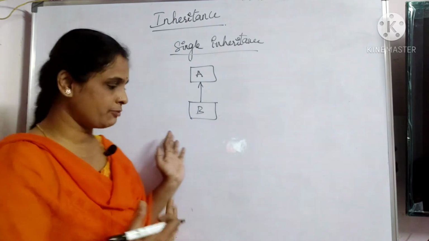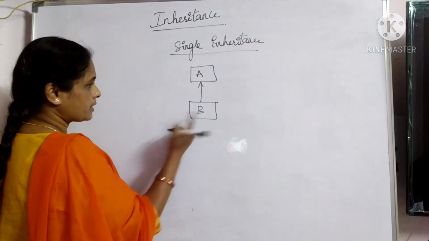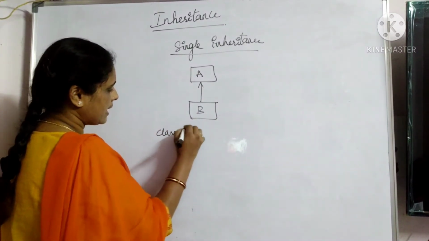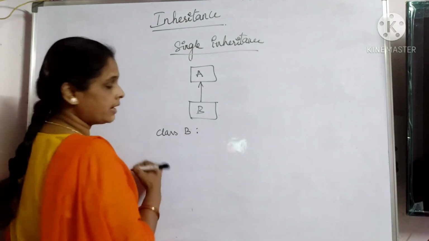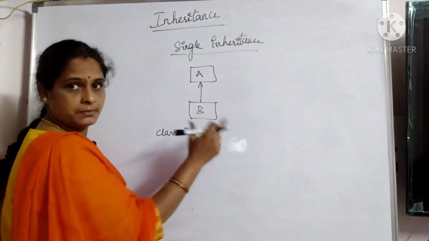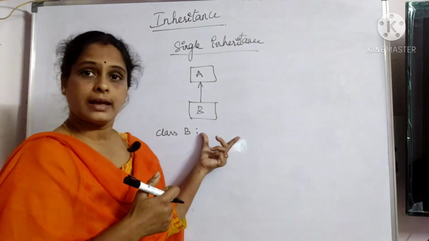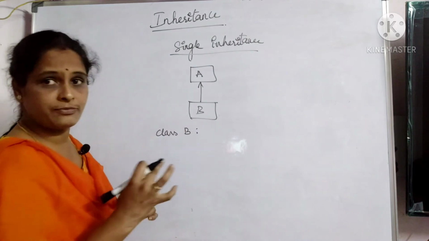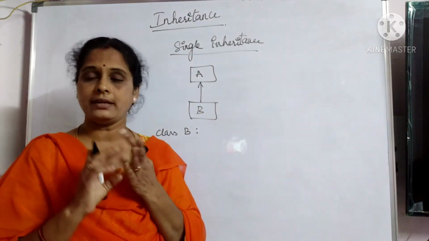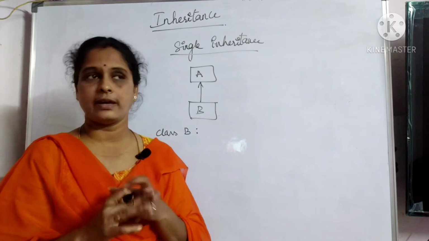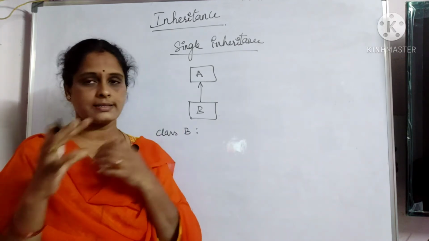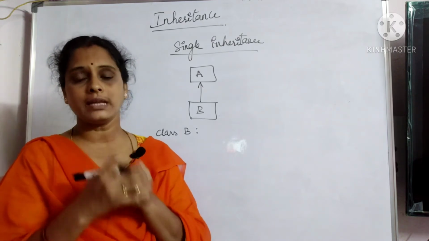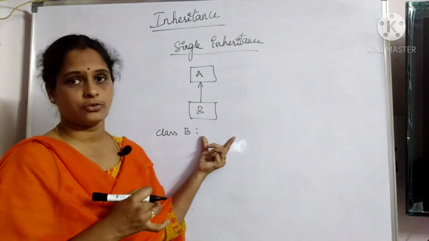As I told you just before this, if we take this as an example, B is a class and A is a class, then class B colon, then what did we give in the previous note where I wrote it: the access specifier followed by the name of the base class. Access specifiers may be public, private and protected. Depending on the requirement of the program, we will use any one of them here.